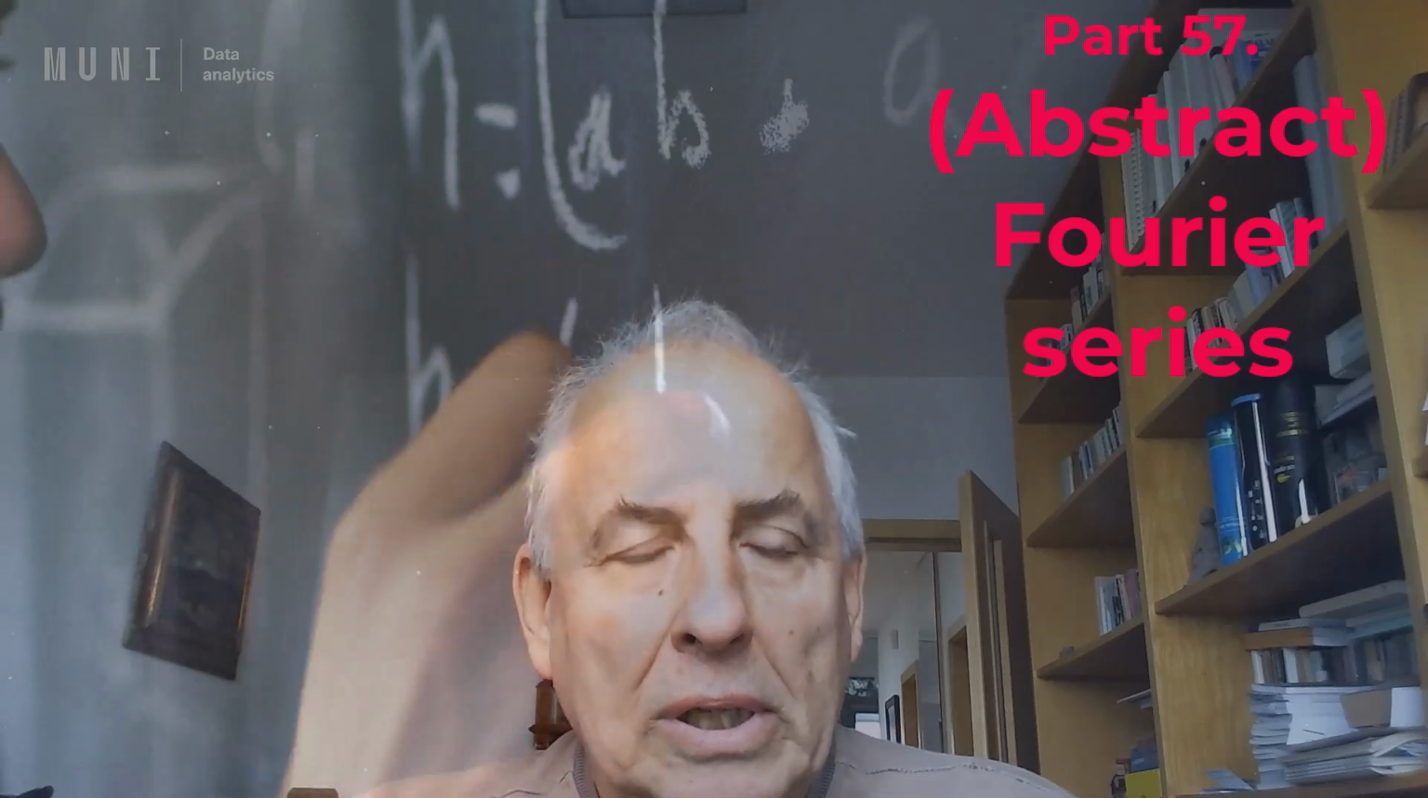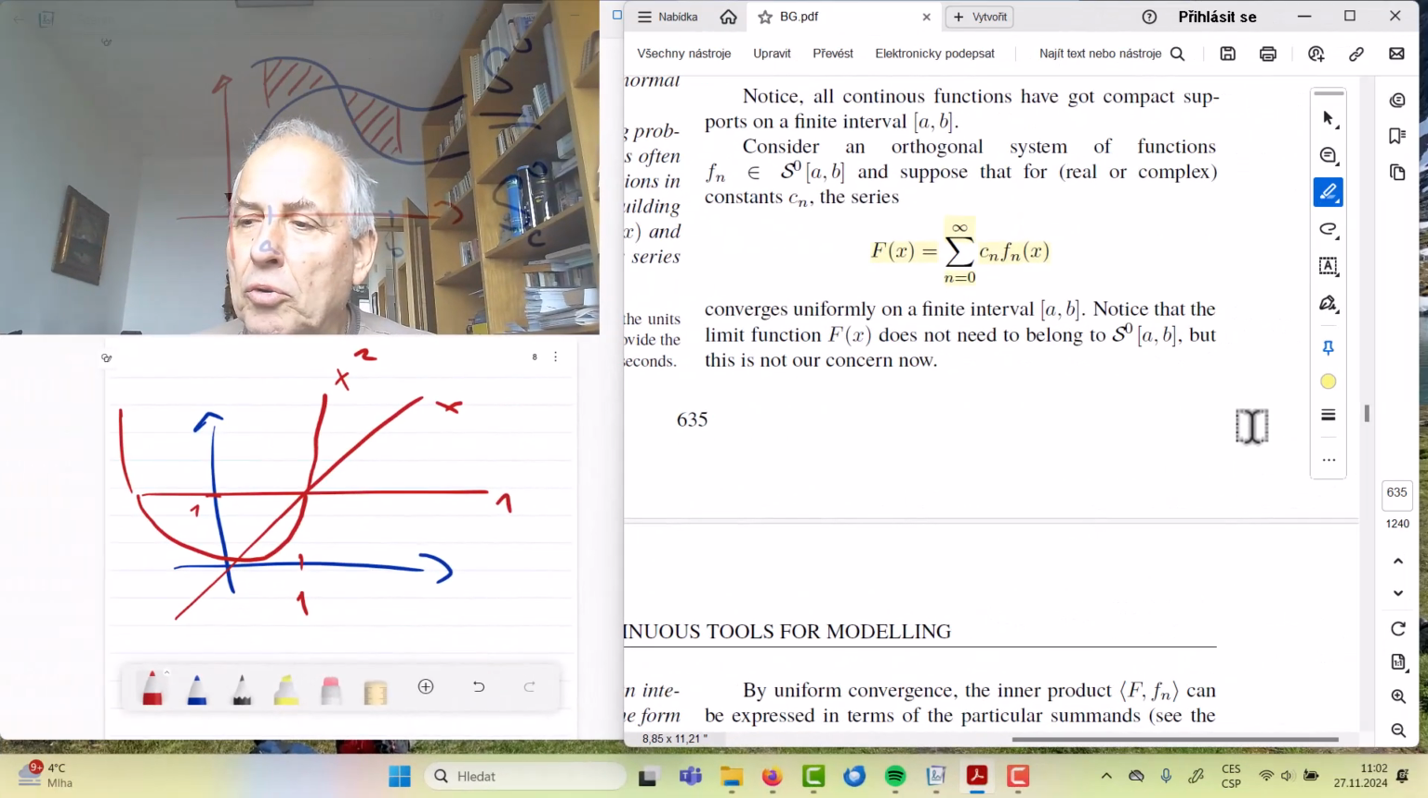We are coming to the last bit for this week, and that's what people call abstract Fourier series. So let's come back to where we finished in the previous presentation. We have got an orthogonal system of functions on an interval, and they are real or complex valued, and